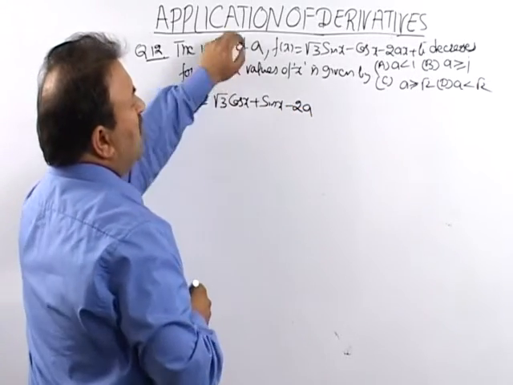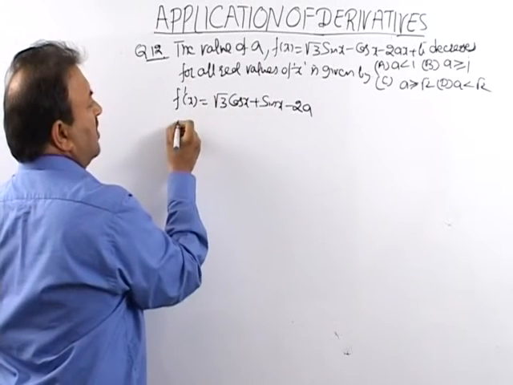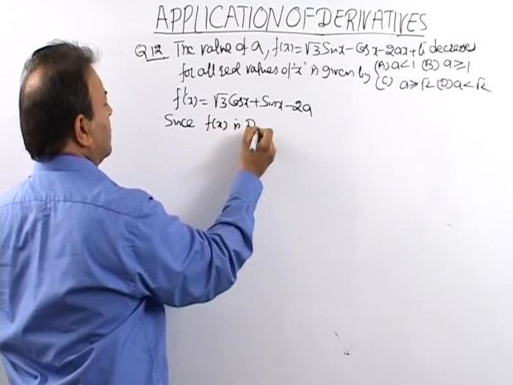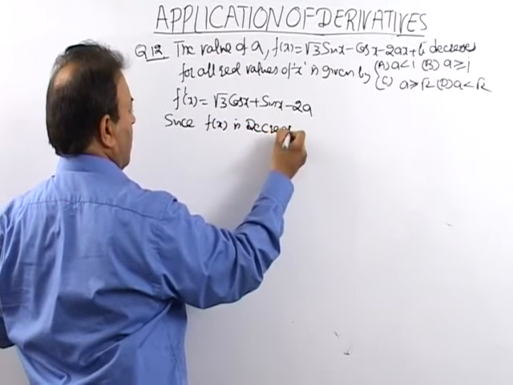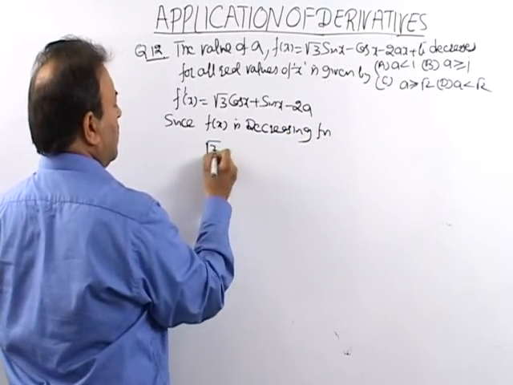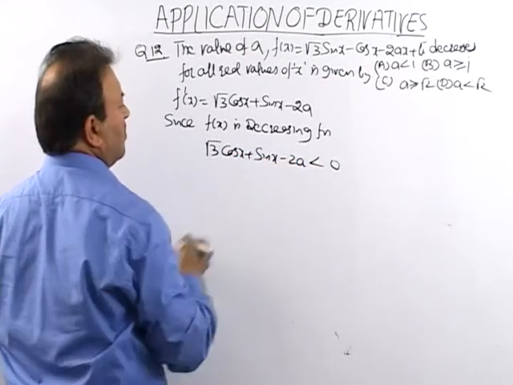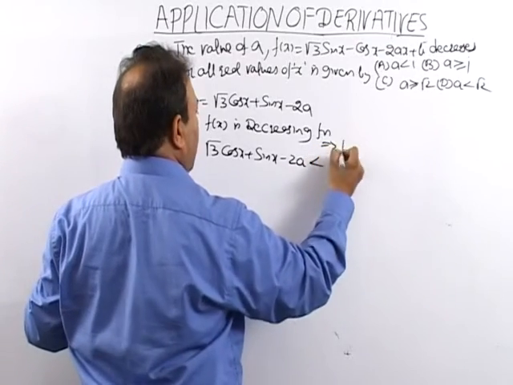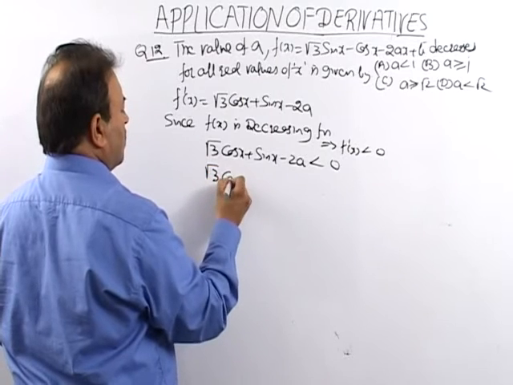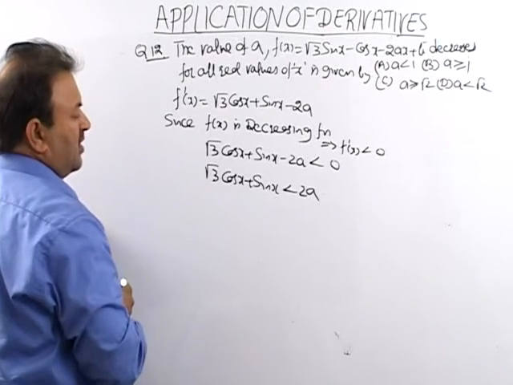So हमने निकालना है value of a if this decreases for all real values of x। इसका मतलब क्या है, since f(x) is decreasing function, root 3 cos x plus sin x minus 2a less than 0, I can say f dash x is less than 0, this is root 3 cos x plus sin x is less than 2a।